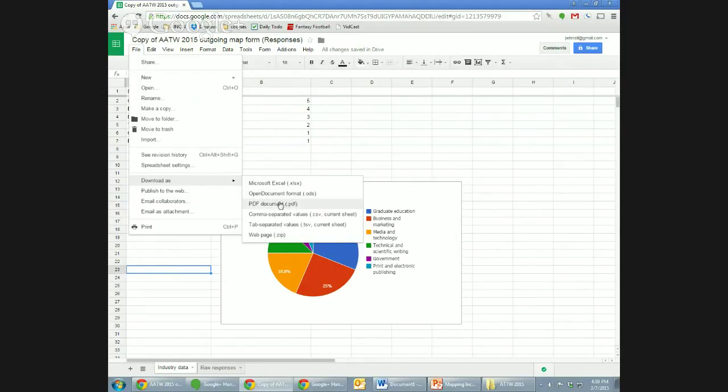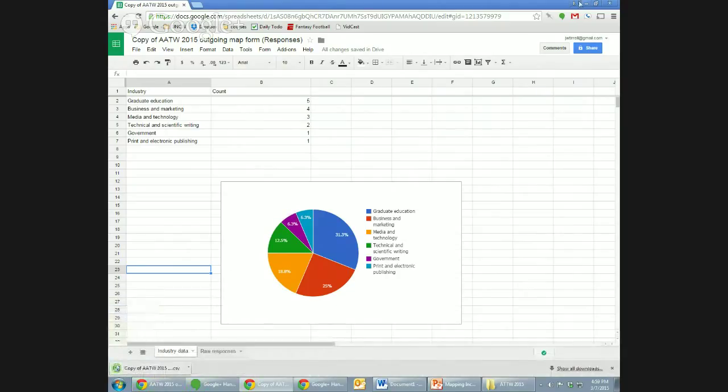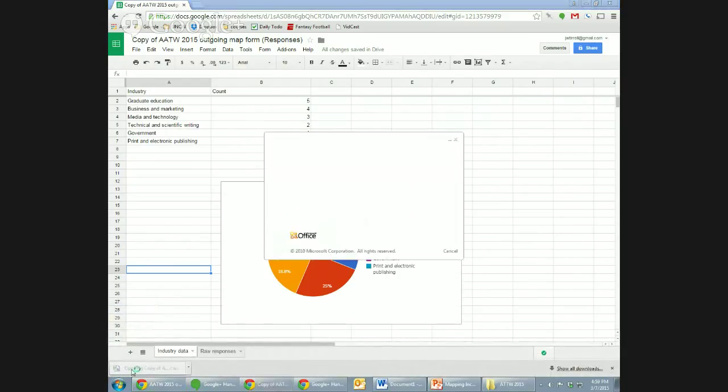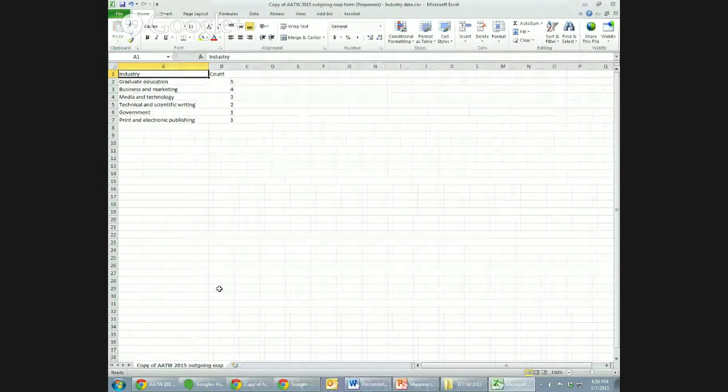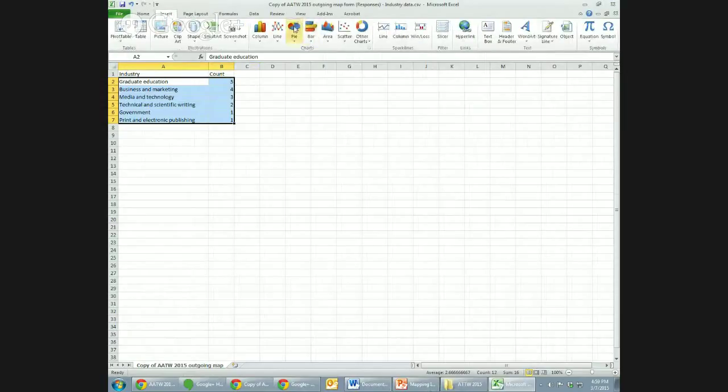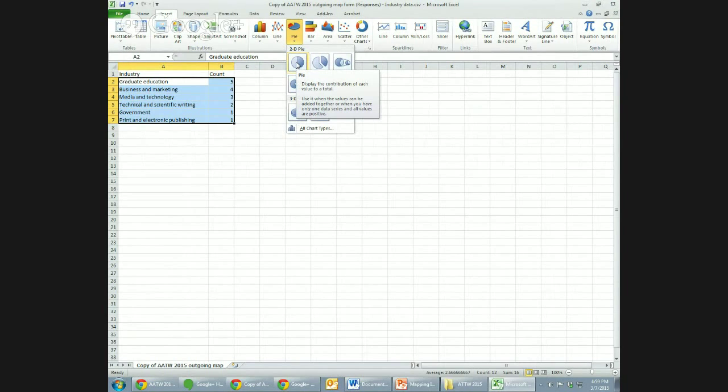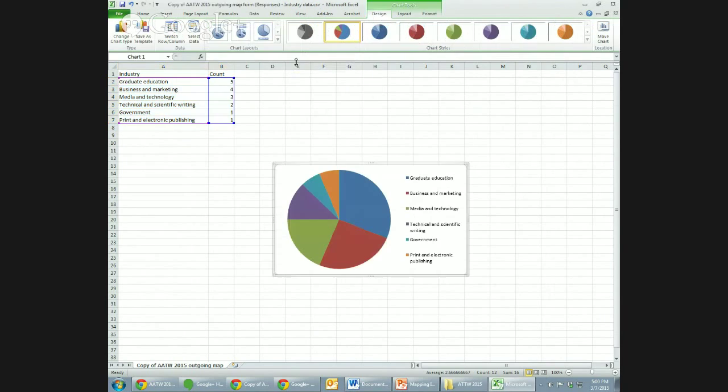I prefer usually just to download as a CSV, because that's only going to be the current sheet, not the whole workbook. And if you're going to have to make changes to the chart anyway, why not just go ahead and do it? So here's our data. So it's just the CSV, so it's just this one sheet. We can go ahead and recreate the chart here in Excel, which does have some capabilities that Google Sheets does not. It just has a lot more options that you can tinker with. As is the case with really all of Microsoft Office, it has a lot of functionality that you're probably just never going to use. So that can be a little disorienting,